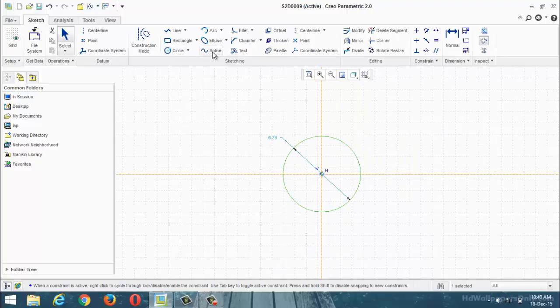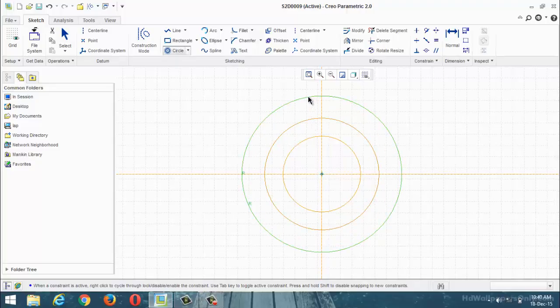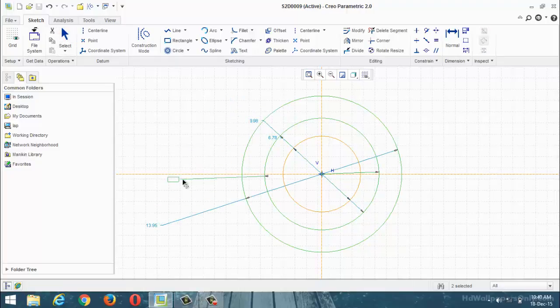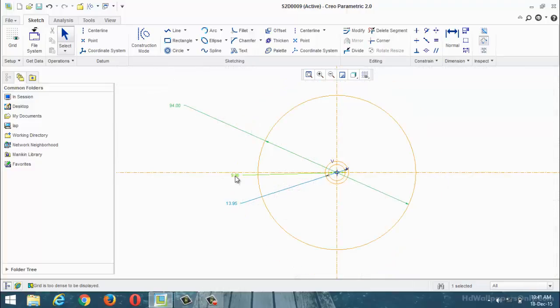Total number of circles how many? Concentric. Directly you can design all circles. 3. Again we can change the dimensions. Again what is the dimension? 94. Okay. Now you can change any one. No problem. 94. Next one is the 54. Next one is the 74. 94, 54. Now designing of circles is over.